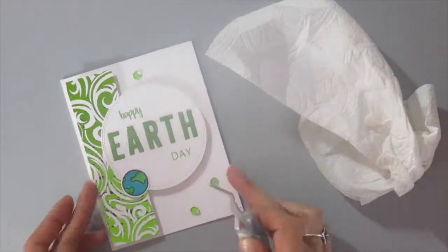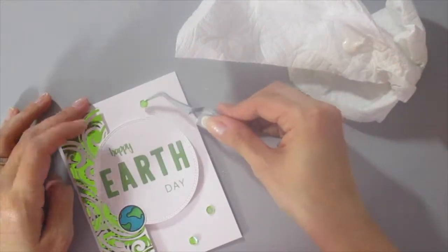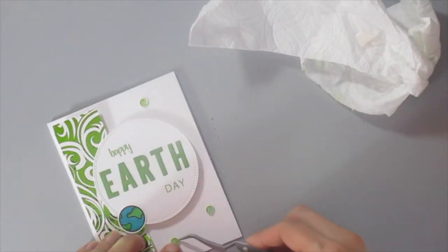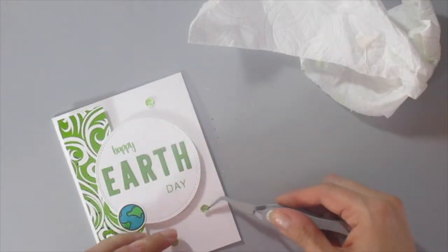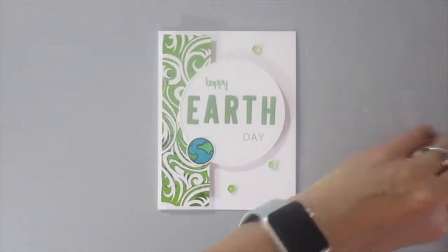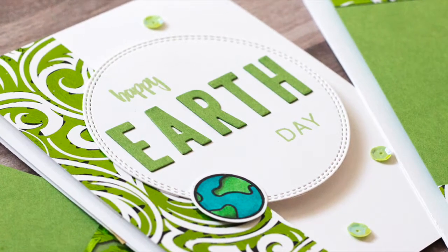So now to finish off the card, you saw that I just kind of put everything together. I'm just going to drop a couple of sequins on here. I just use a liquid adhesive, and I drop it onto a paper towel, and that way I can just put like a small amount on with my tweezers. This just kind of works the best for me. You can use that, you can use all kinds of things. I just like this method. So here is the finished card. I made 2 others off camera just to show how much fun it is to use all of these Gina K